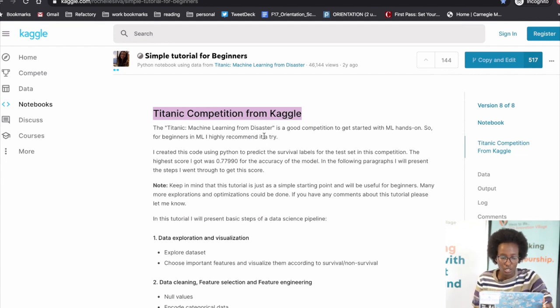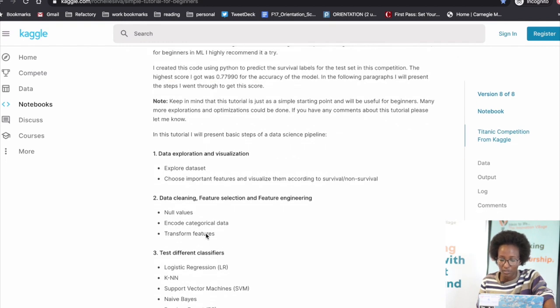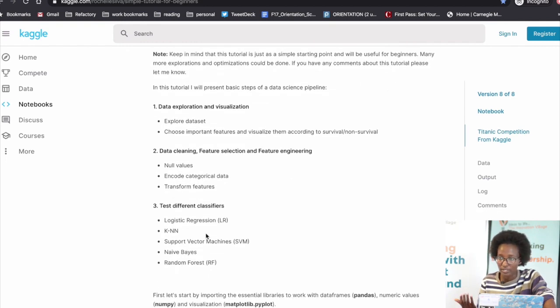Okay. All right, so we shall just go through very simply. This is a very baseline approach, and it's just trying to introduce you to the process, like the whole pipeline, from when you get the data set, how you explore it, and then how you clean it, how you get the features, and then how you try different classifiers, and then